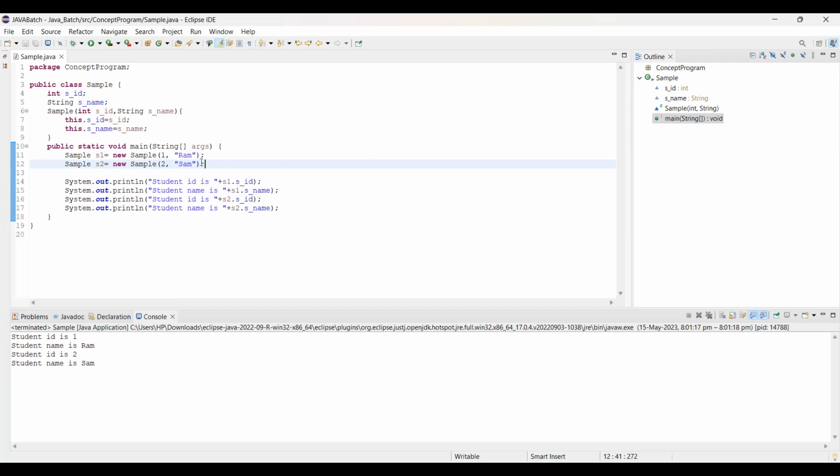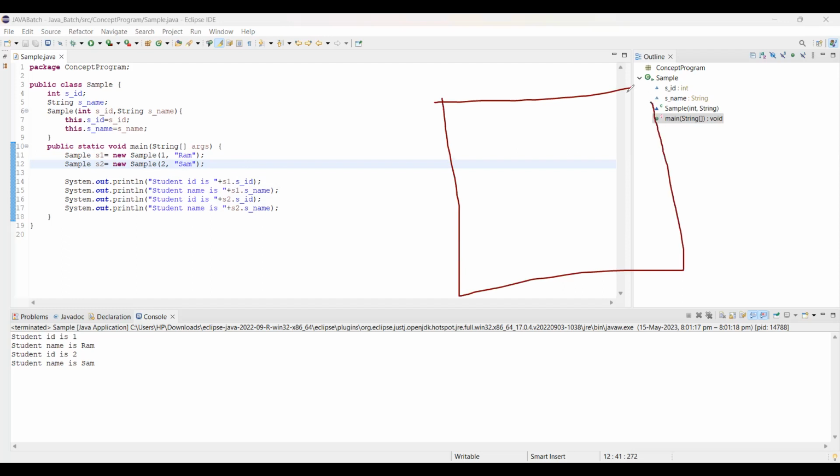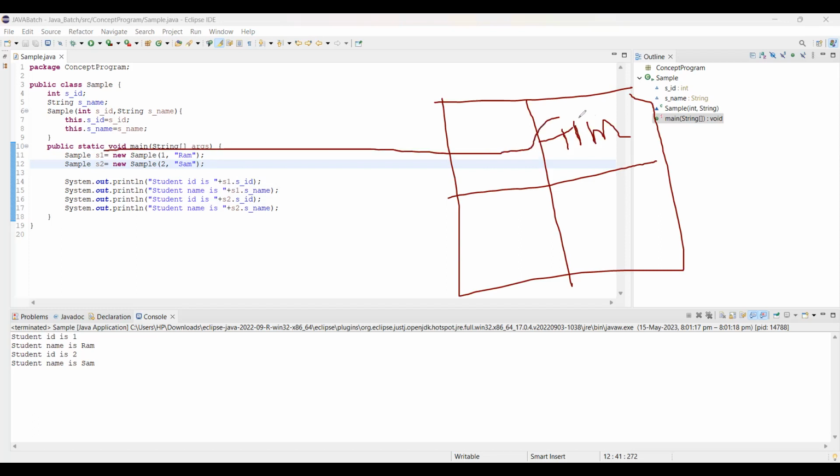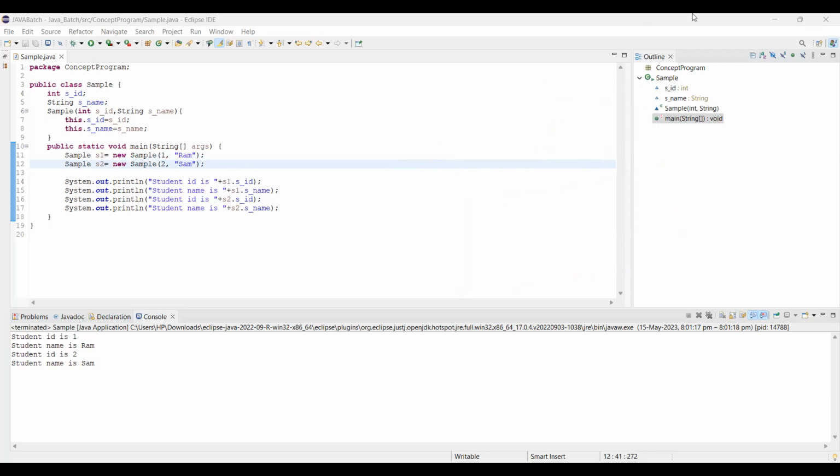आप जितने बार ऑब्जेक्ट क्रिएट करोगे, new कीवर्ड आपका मेमोरी स्पेस क्रिएट करेगा, हीप मेमोरी में। आपने यहाँ दो बार ऑब्जेक्ट क्रिएट किया, तो S1 के लिए एक मेमोरी स्पेस क्रिएट करेगा, और S2 के लिए एक मेमोरी स्पेस क्रिएट करेगा। ठीक है। तो जितने बार ऑब्जेक्ट क्रिएट करोगे उतने बार मेमोरी स्पेस क्रिएट होगा हीप मेमोरी में।